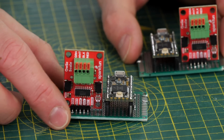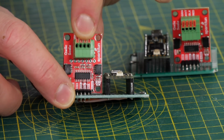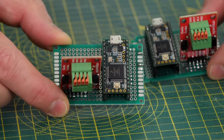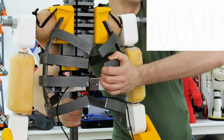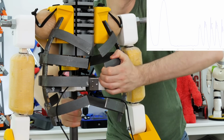I'm using SparkFun QuickScale boards, which are used to measure the load cells, and I've used these in projects before. They produce data much faster than the cheaper boards that generally ship with them off Amazon or whatever. Those are attached to my load cells, and you can see they work just like weighing scales. As I push those ribs, we should get a value,